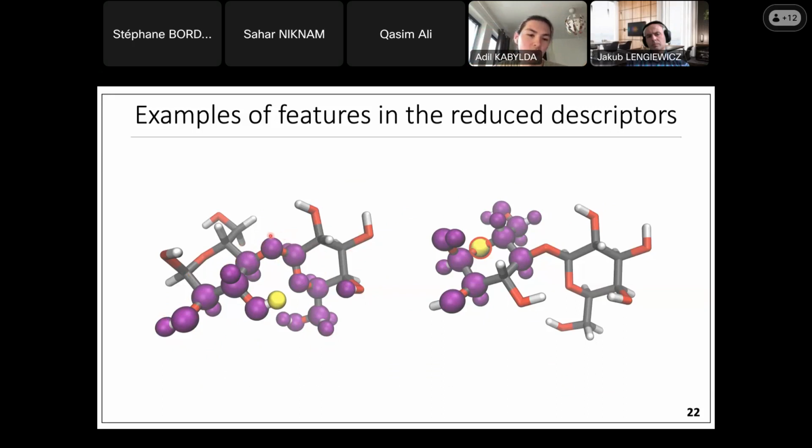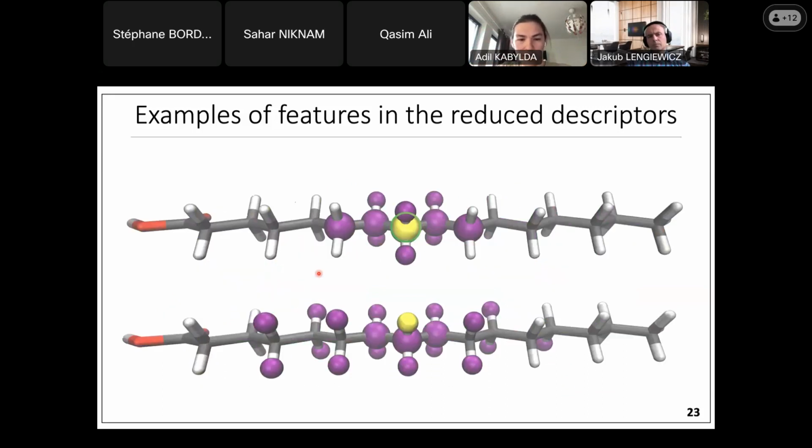And this also justifies the success at the time of machine learning models when applied to materials, because in materials it's not really flexible, it just vibrates. And in this case, the locality assumption is really justified and comes into play to the benefit of the model. But when you have something more flexible,